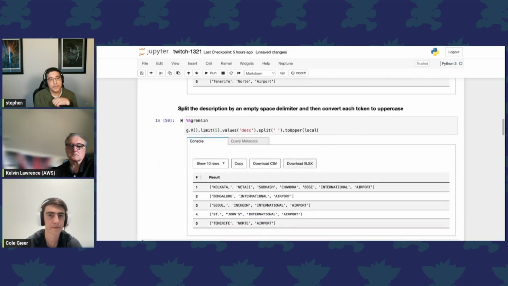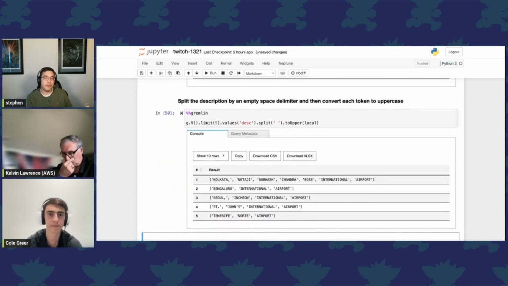And one of the things that I think this is showing, again going back to the history, is what would you have to do if you didn't have these steps? You would typically in Gremlin have to either use a lambda, which you couldn't always do, particularly with Neptune. Neptune doesn't support that functionality, and so you'd be left to bring that description property value back to your application, run the split there and get your answer, which I think works, but it might put you in a